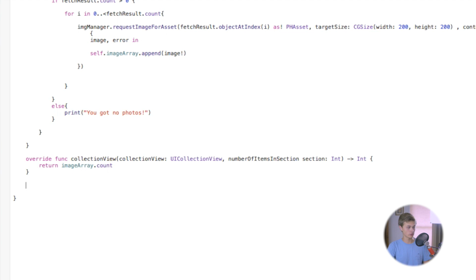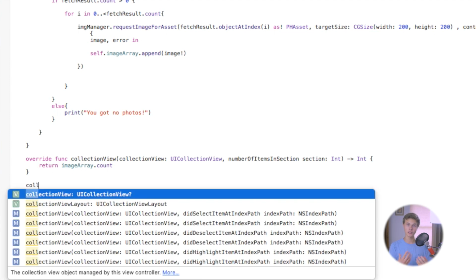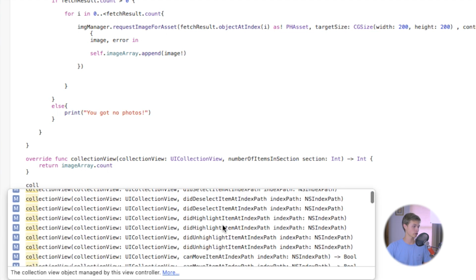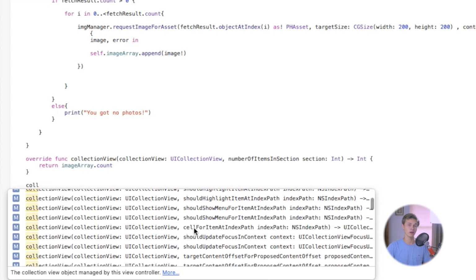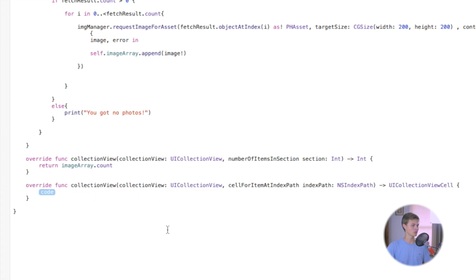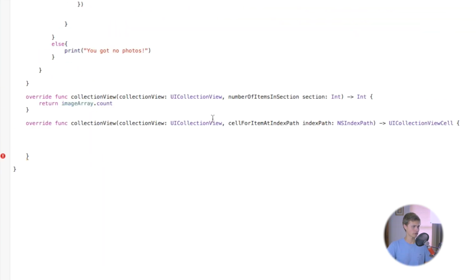And then now with this collection view, again, we want to access that image view that's inside of each of the cells. So we can go down here, and this will be our cellForRowAt indexPath, or cellForItemAt indexPath actually. So just take that, and we're good to go there as well. With the cellForItemAt indexPath, we are going to be adding those images onto each of the cells. So we can say var cell will be equal to, and this will be our collection